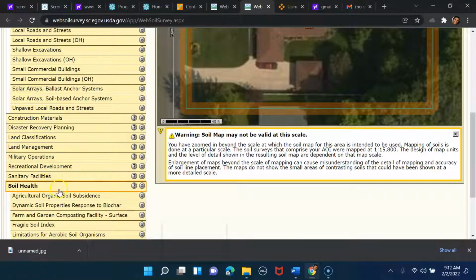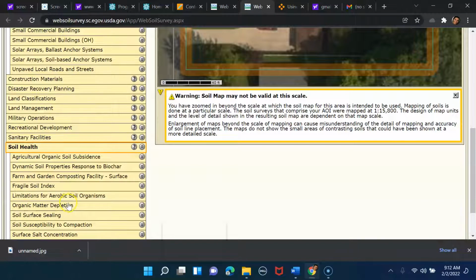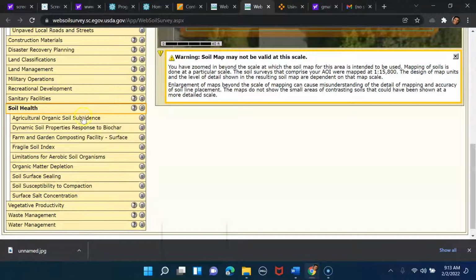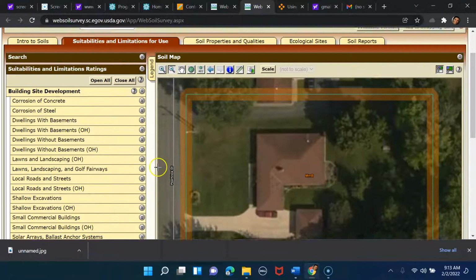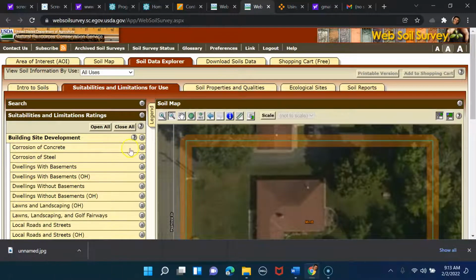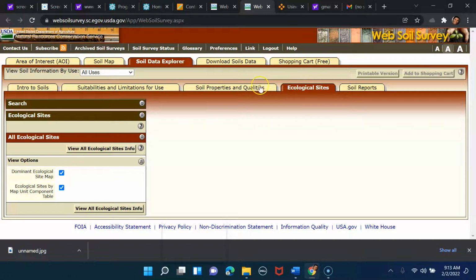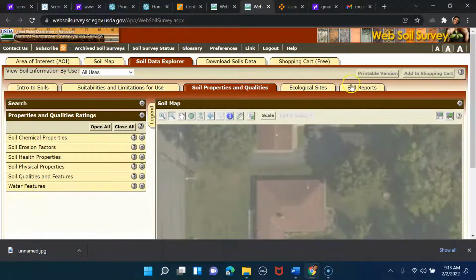Even your soil health, which you guys are in your textbooks, you should be taking notes and learning, and you get a little bit more understanding. You can play around with that. But that's what I want you to do in this lab, is to explore, and then you have your lab worksheet that you will download and edit. And then what you're going to do after you're done with your